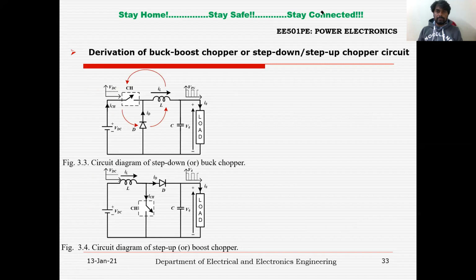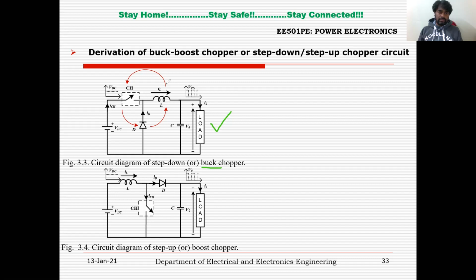So if you see, this is the buck converter. From this buck converter, if you rotate the elements in anti-clockwise direction, you will get the boost converter. Now you can see, in place of the chopper, the inductor has replaced it. So you can see the inductor here. In place of the diode, the chopper has been replaced. You can see the chopper here. And in place of the inductor, it is replaced by the diode. So you can see the diode here. This is how the boost converter or boost chopper is formed.